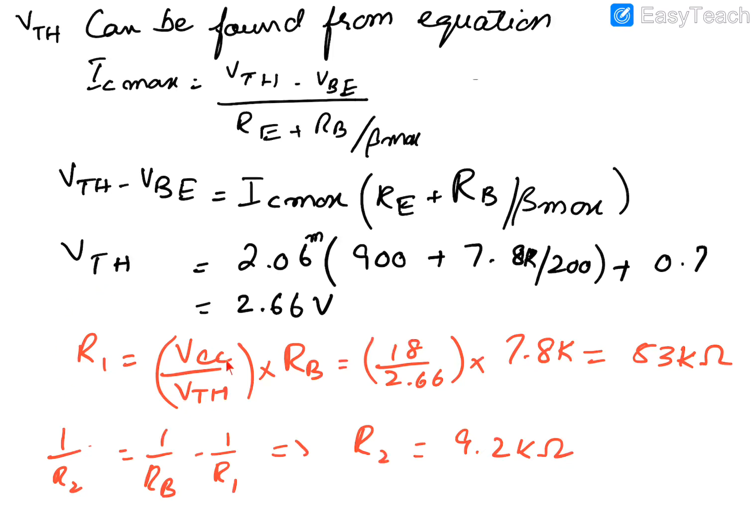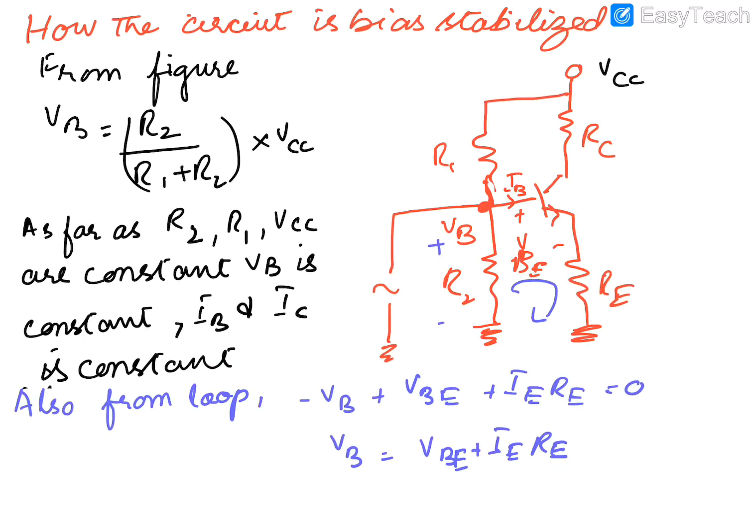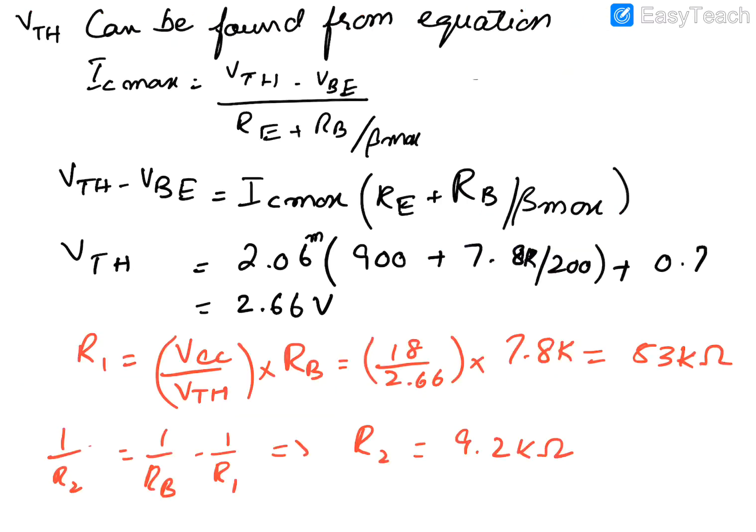R1 is equal to VCC divided by V Thevenin multiplied by RB, which is equal to 53 kilo ohms. R1 is 53, and from the equation for the parallel combination of R1 and R2, as RB and R1 are known, we can find the value of R2, which is equal to 9.2 kilo ohms. So now we have found all the resistance values for the bistabilized circuit: the values of R1, R2, RC